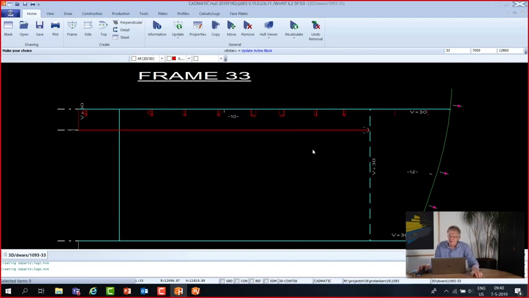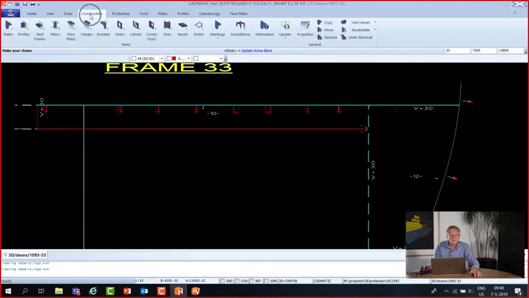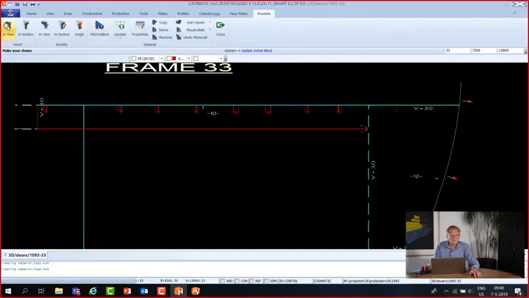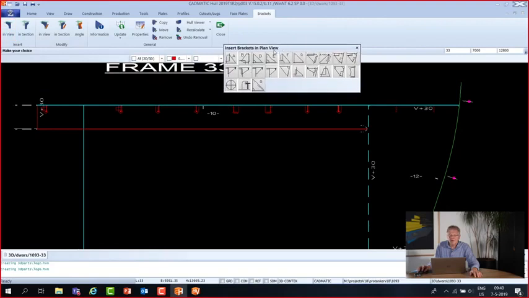But a new problem is there, because this situation will never be approved by the Classification Society. A bracket needs to be added here. So that's what I want to show now. Construction brackets in view, and here we have the panel of brackets which are available for this project, and in this case I think I need to use bracket D,